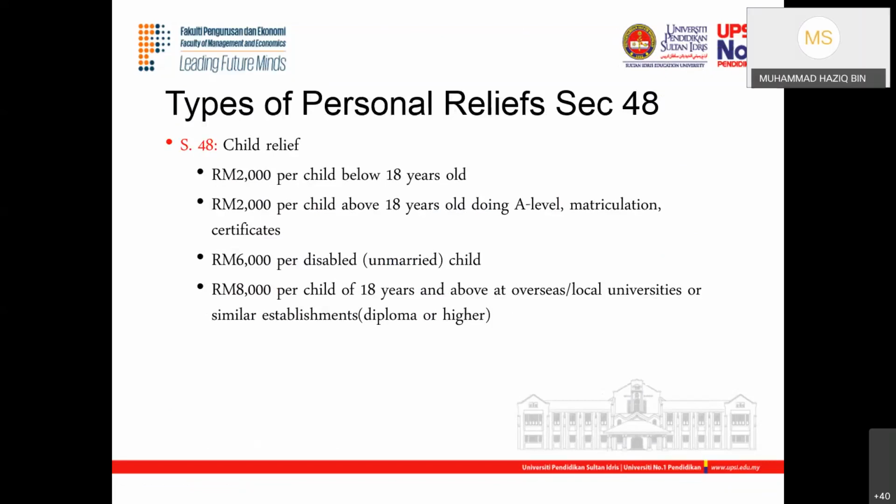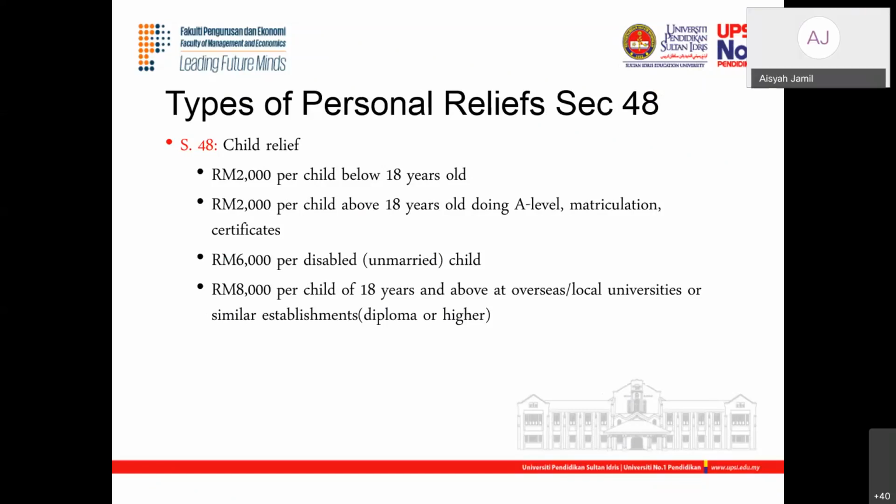Prof, nak tanya boleh? Ya. Anda kata kalau disabled child tu tapi anak dia bekerja, boleh claim tak anak disabled child? Anak yang ada income, parents tak boleh claim relief. Kalau katakan anak tu disabled tapi dia kerja part time, kalau ikutkan the parents tak boleh claim relief dah untuk anak tu, sebab anak tu dah ada pendapatan.